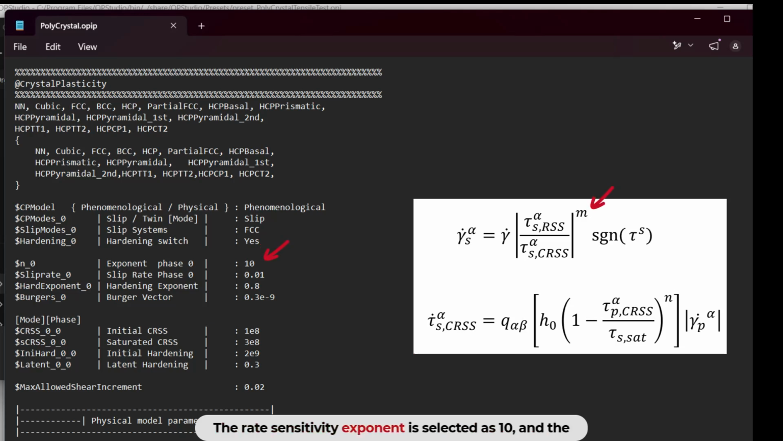The rate sensitivity exponent is selected as 10, and the slip rate is selected as 0.01. The hardening exponent is selected as 0.8. The initial critical resolved shear stress is selected as 100 megapascal, and the saturated critical resolved shear stress is selected as 300 megapascal. The initial hardening parameter is selected as 2 gigapascal, and the latent hardening parameter is selected as